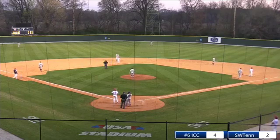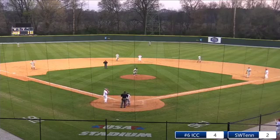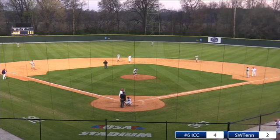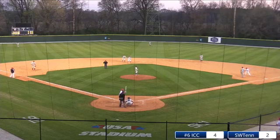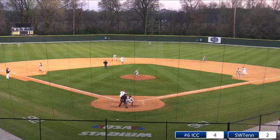So the Indians trying to adjust to that. And I think you've seen the Indians pitching struggle with that today, is the fact that they're not used to necessarily pitching with this type of backstop in this almost open area. If you're a basketball fan, you think about the high school games where kids go from playing in their normal high school gym, then all of a sudden